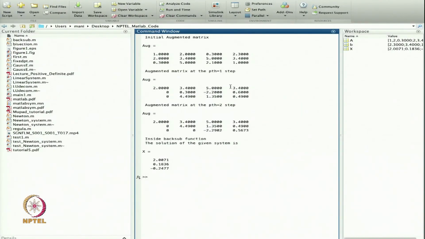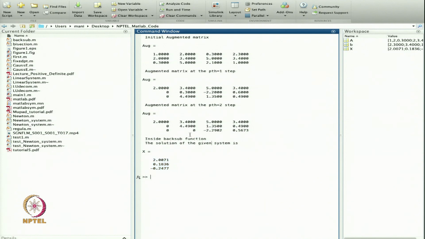So, that is my matrix now. Now, you can see that this is a symmetric matrix. So, 1, 2, 3, 2, 3, 5 and then 0.3, 0.3, 5, 5, and the right hand side. In this case I start with the augmented matrix and then it gives me this upper triangular matrix, and based on this one that is my solution. So, in this case it is a symmetric matrix.